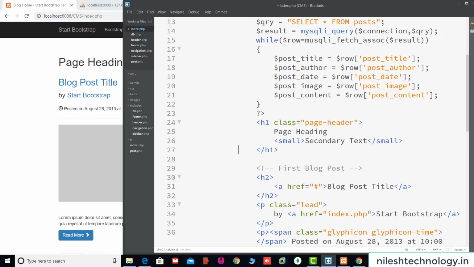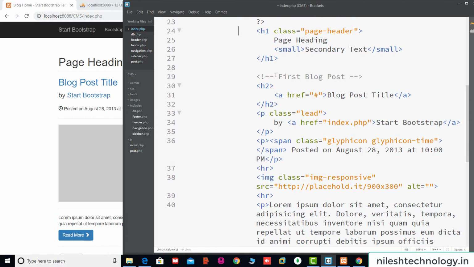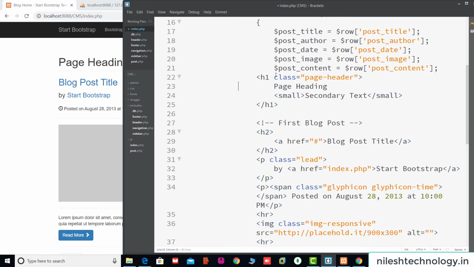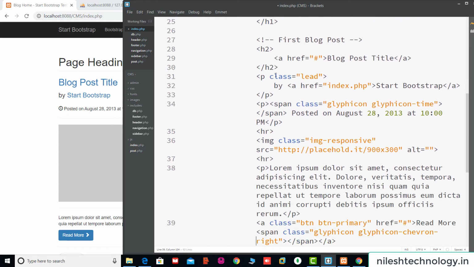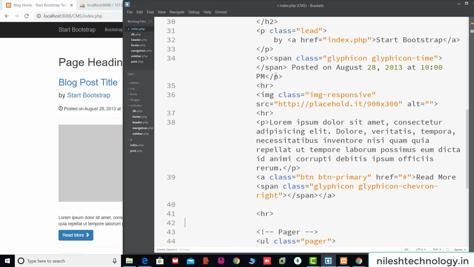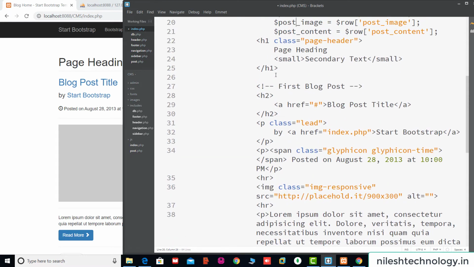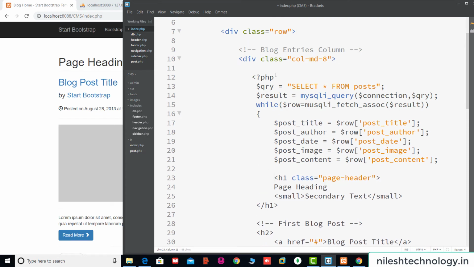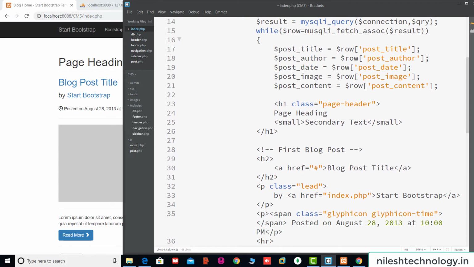Now this static page content is in a loop. Okay, so here we close this while loop, cut this code, Control X. Okay, and this code is added after this HR, meaning here after this horizontal line. Here again we add the script. Here we close this while loop. Okay, and we shift all these variables into this static content.